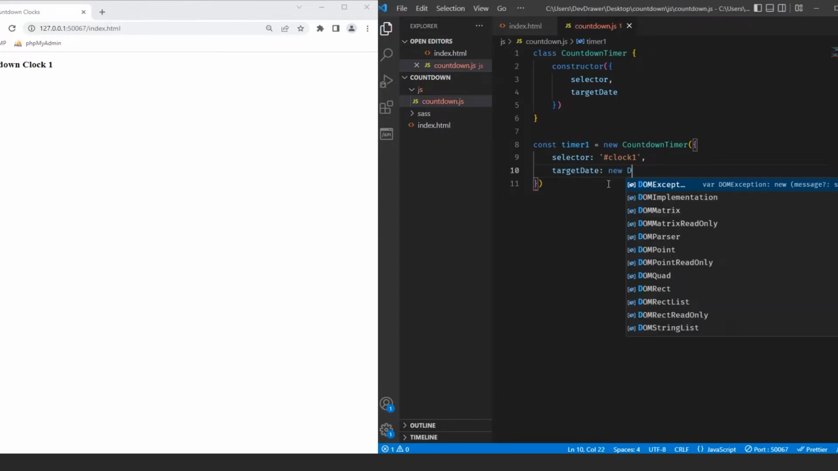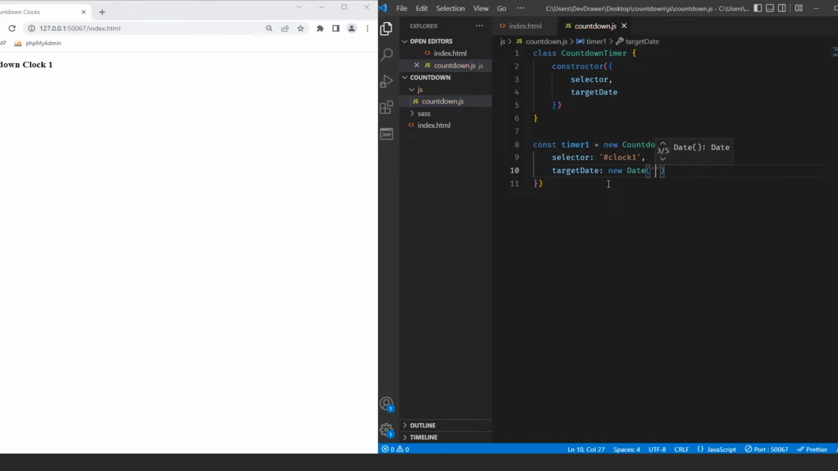Let's do new Date, and I'm just going to pass in a very specific date. So let's see, like September, because it's September the 20th right now. So let's say September 21st, 2022, at 1800 o'clock. So military time is the time that needs to be passed. So this is what it's going to look like whenever we set it up, and then we just run,